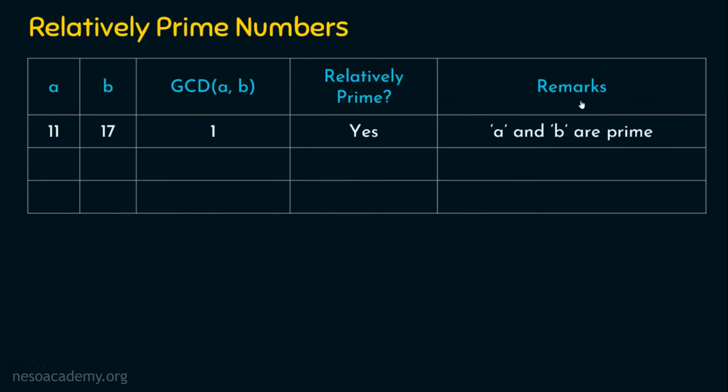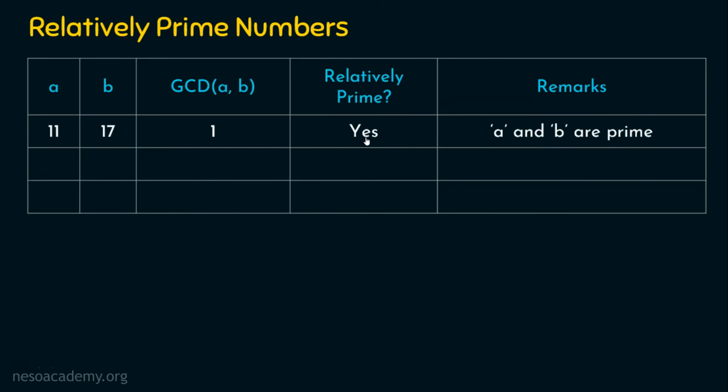Firstly, we are going to take two different numbers, say 11 and 17. Here if you observe, 11 is a prime number and 17 is a prime number, right? So when A and B are prime numbers, obviously they are different prime numbers, isn't it? So for different prime numbers, the GCD value will be obviously 1, isn't it? When the GCD is 1, obviously they are relatively prime to each other. So in the first scenario, we have confirmed A and B are different prime numbers, and hence they are relatively prime to each other.